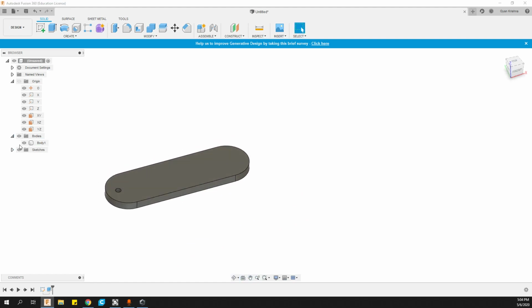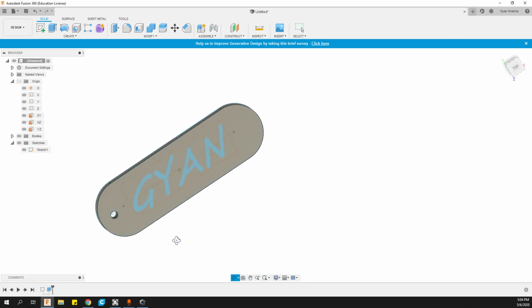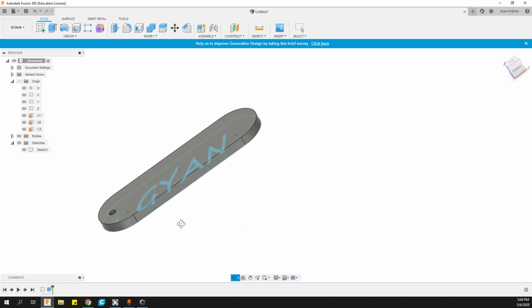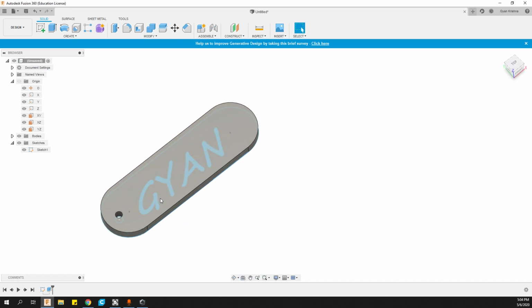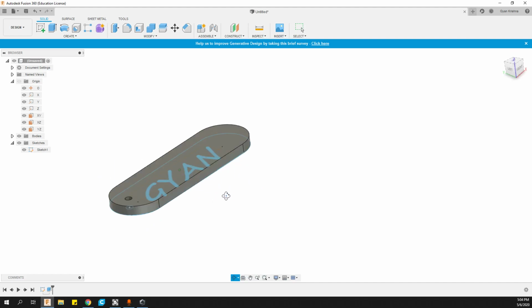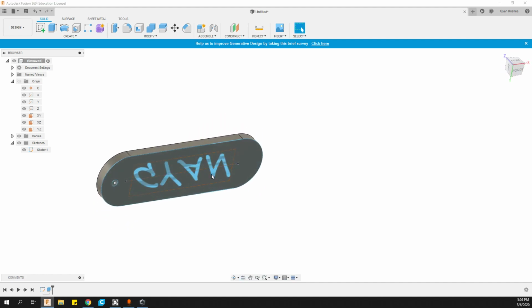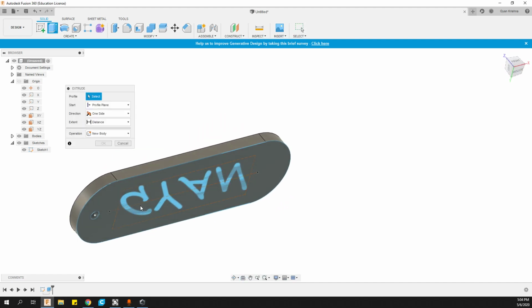to extrude the text for it. So I'm going to sketches right here, and I'm going to turn the visibility on for the sketch. So right now I can see the sketch again. So I also need to extrude my name. So I'm going to click on extrude, the shortcut E again, and I'm going to click on my name this time. All right,